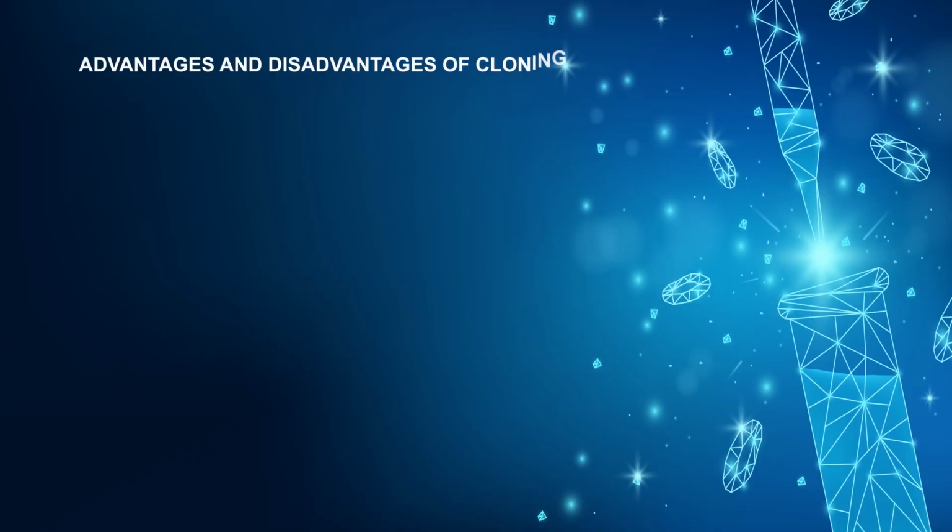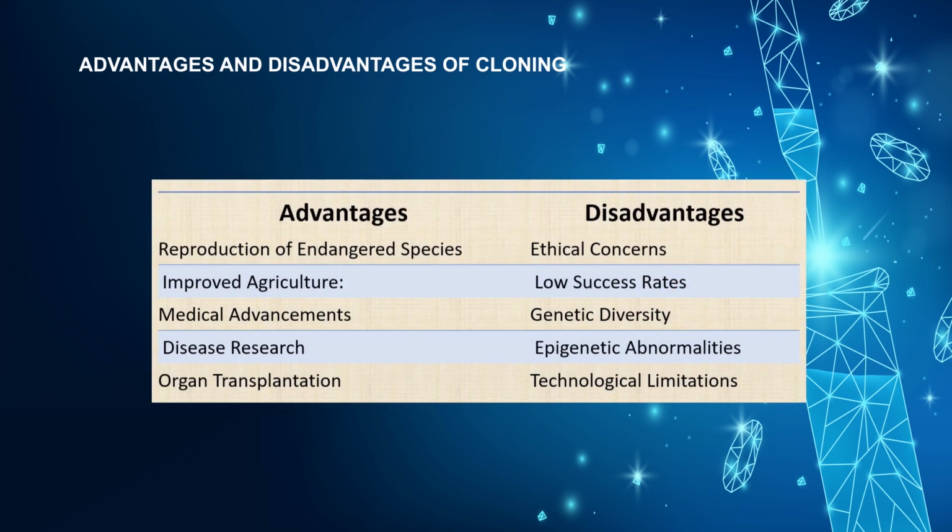In continuation, let us try to understand the advantages and disadvantages of cloning. Advancements of cloning we can classify in several categories, like reproduction of endangered species. Cloning offers the potential to reproduce endangered species, helping to preserve biodiversity and prevent species extinction. Another advancement is improved agriculture. Cloning allows for the reproduction of genetically superior livestock and crops with desirable traits such as increased productivity, disease resistance